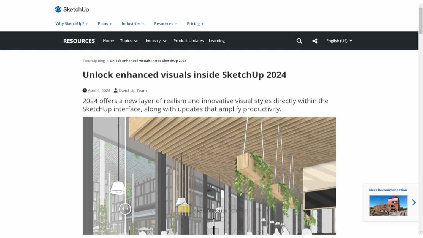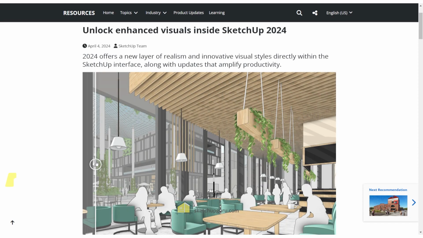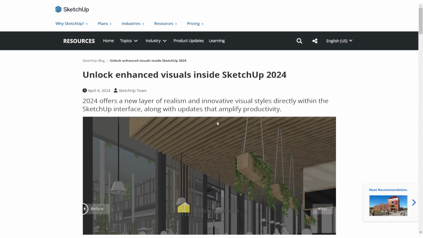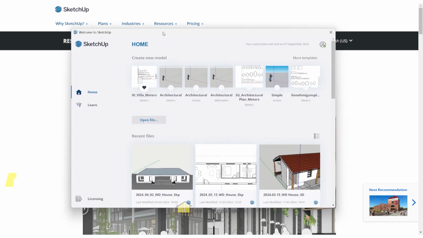In this video, we'll learn all the latest features in SketchUp 2024. My favorite one is the new ambient occlusion effect. Let's get started. Alright, so I'm going to open SketchUp 2023, and generally if you have the subscription, it'll ask